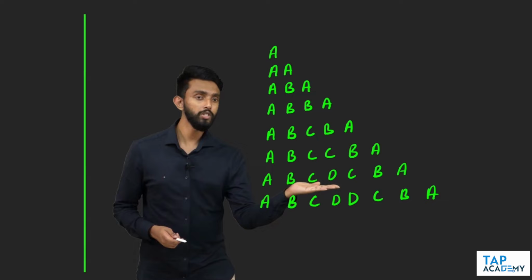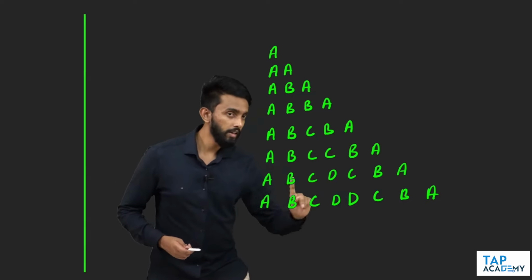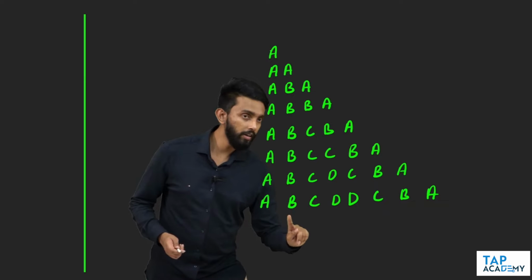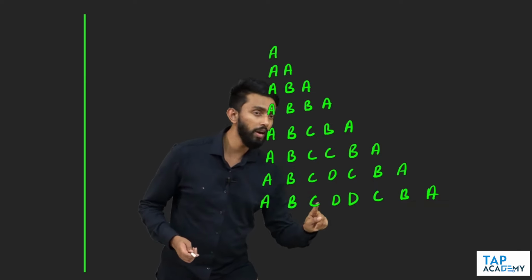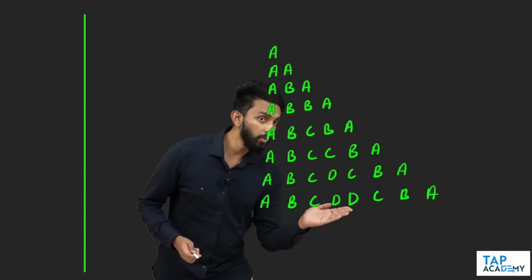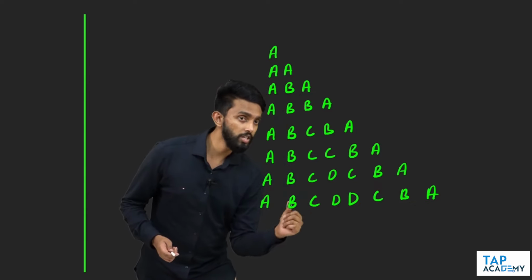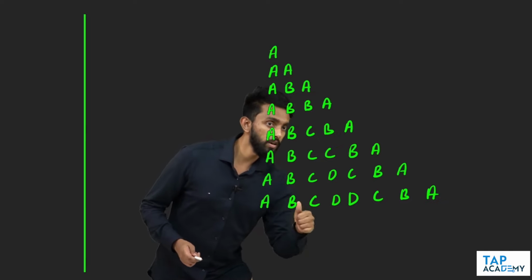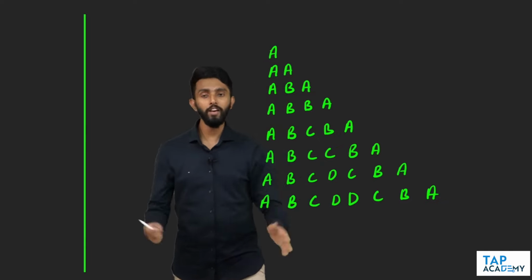So 3 combinations. If you look at 8, A and A are fixed, right? What you write here, you will write the same here. In other words, how many things are you really changing? B, C and D. Same D here, same C here, same B here, and A and A are anyway fixed